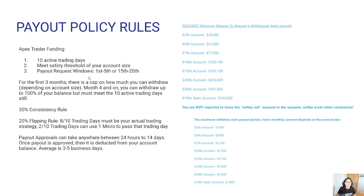The second pro is going to have to be the flipping thing here. I mean, it's nice to know the 30% consistency rule is a soft rule. I think that's really nice compared to other companies where they are very strict and it's a hard rule that you have to literally be at or below 30% in order to qualify. I think it's cool that they're willing to look at your trading activity to see if in fact you don't really fall under the 30% rule, even though you made a lot of gains on one day compared to the others. Now going into the cons though,